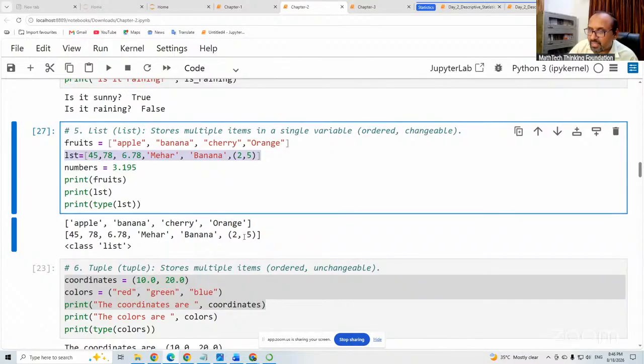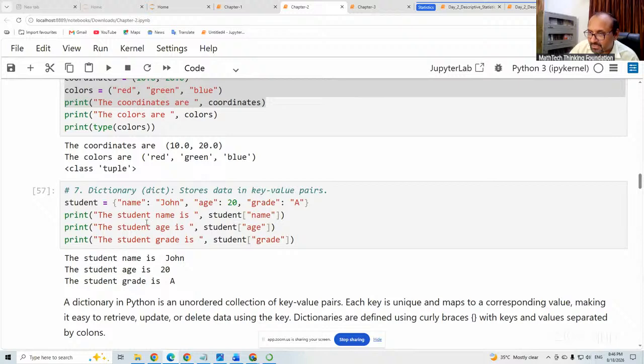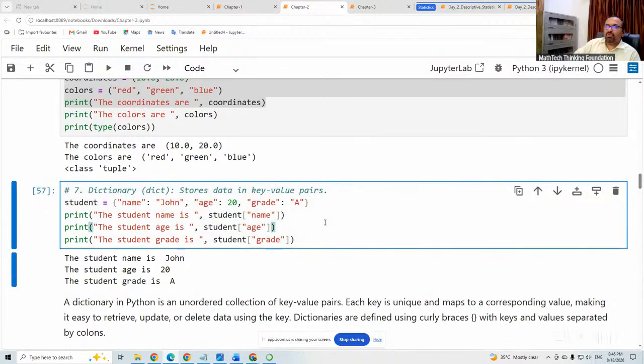Okay. So this is the example of tuple. Then you can see this is the dictionary. A dictionary is essential when we are required to create any data frame. See here, this is the information about the student. So when you are creating the data frame for that,